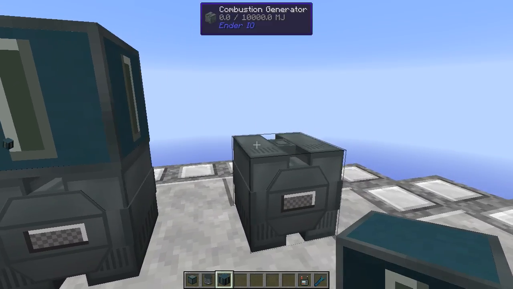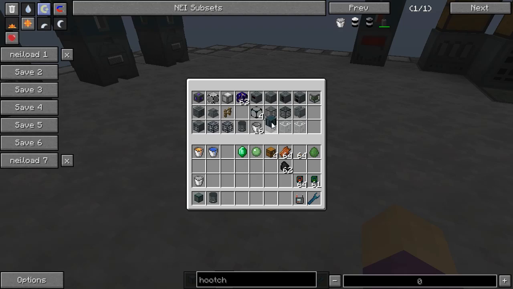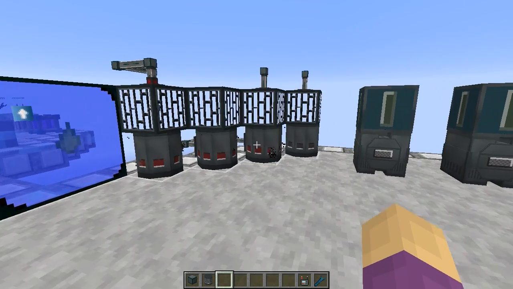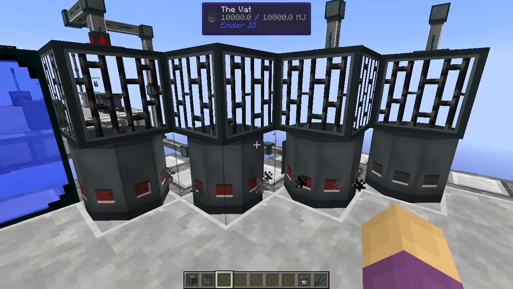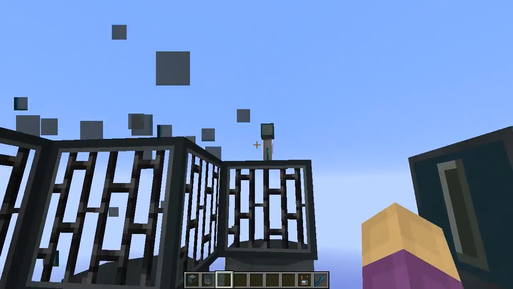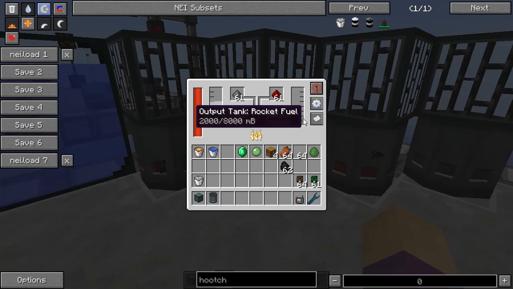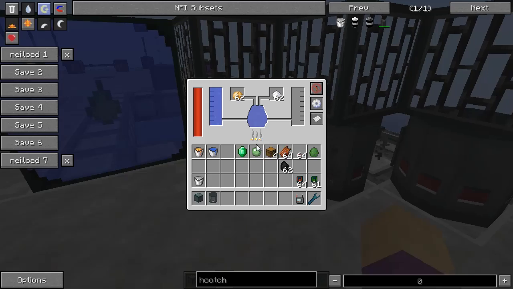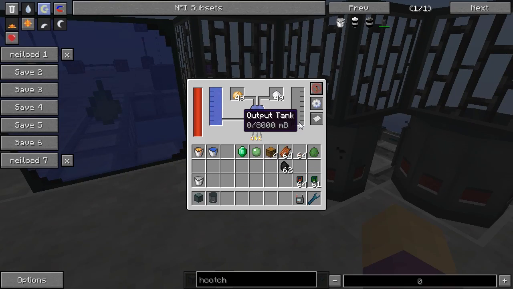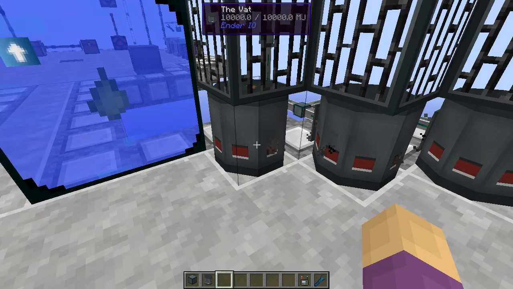What we can actually do now, we can put batteries on top of those, because we're going to do another test. These things are basically generating now. See, this has a couple of buckets of rocket fuel. This has a couple of buckets of fire water. This is trying to generate enough Hooch to keep up with all of the rest of those. What I'm actually going to do...